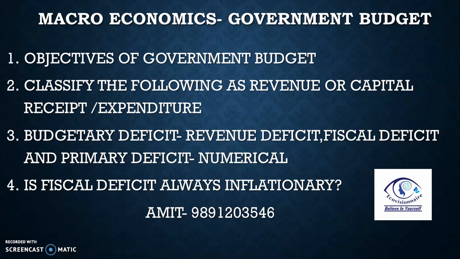The first important topic which we have today is objectives of government budget. Our book covers 5 objectives of government budget. So I just list 5 for you. First is redistribution of income and wealth. Second is reallocation of resources. Then we have economic growth. Then we have economic stability. And then managing of public sector undertakings. The most important ones are, of course, the first two, redistribution of income and reallocation of resources.